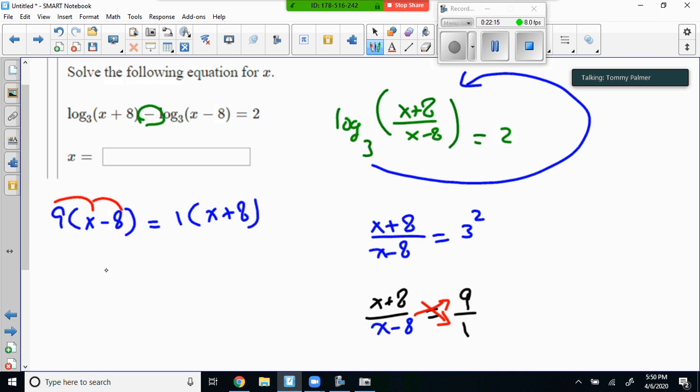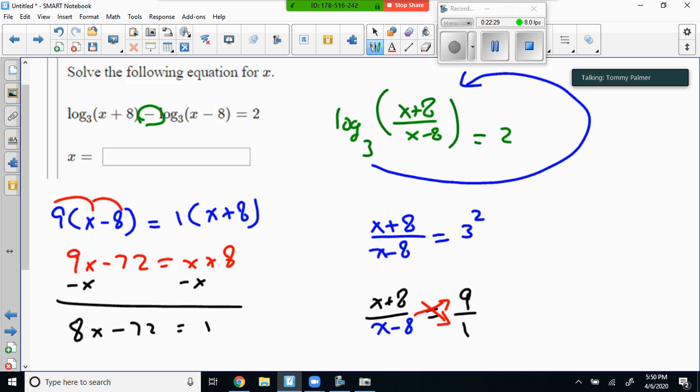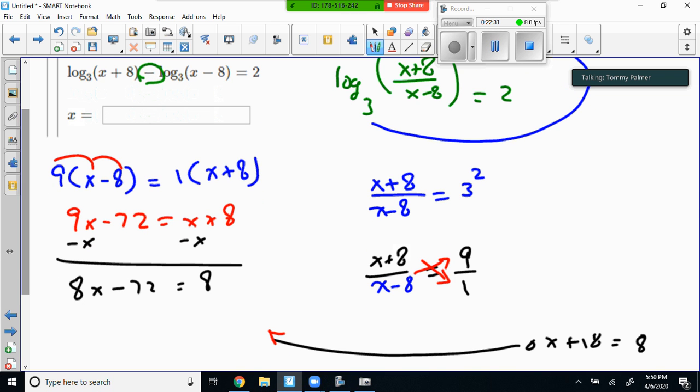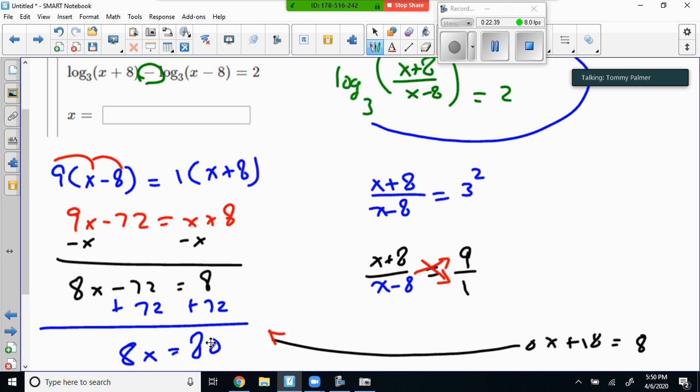And that's going to give me 9x minus 72 equals x plus 8. Minus x, so 8x minus 72 equals 8. Going to add 72, now the pretty numbers come out. 8x equals 80, ladies and gentlemen,